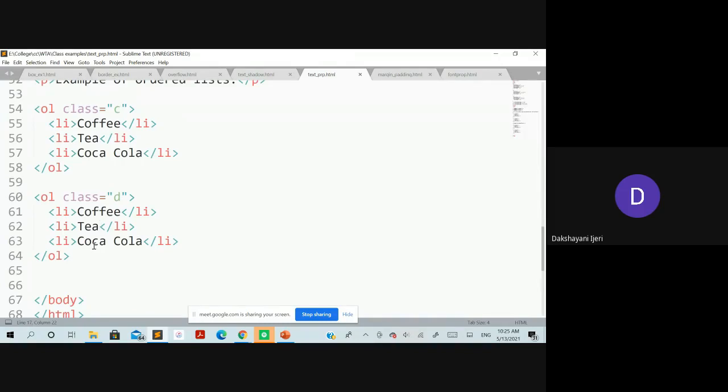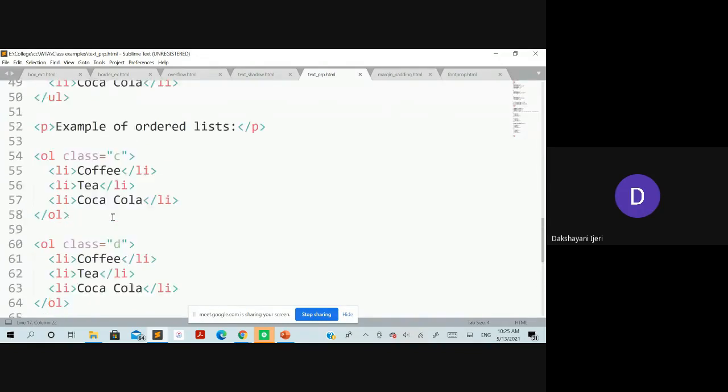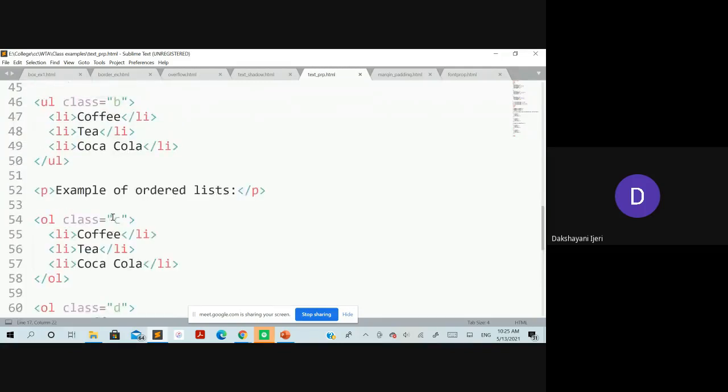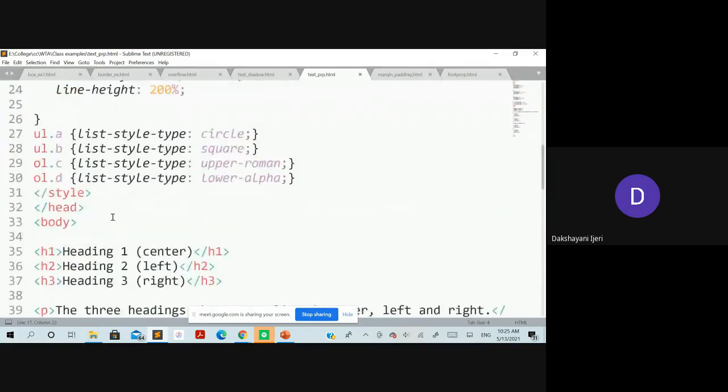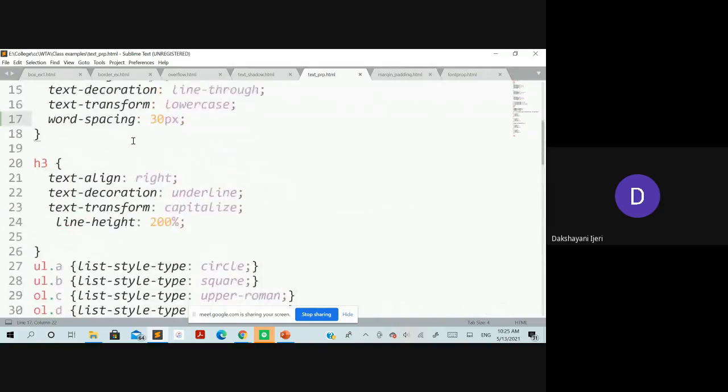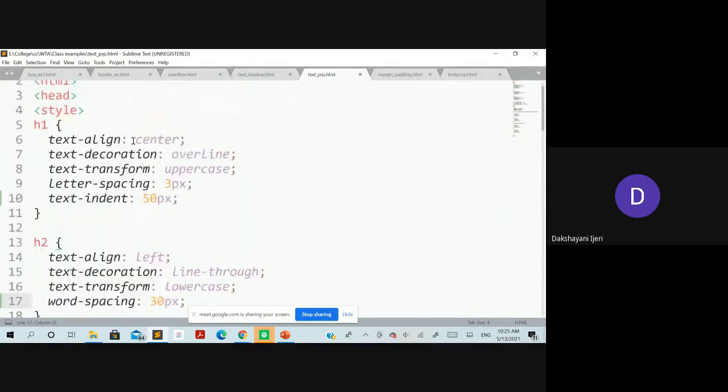Okay, so now we'll run this program and we will see how it is going to make a difference. Did everyone understand how you can use these properties with the respective values? Depending upon your choice, whichever properties or styles you want to apply, you can use these. But you should know the names of the properties and what values you can use for each property here.